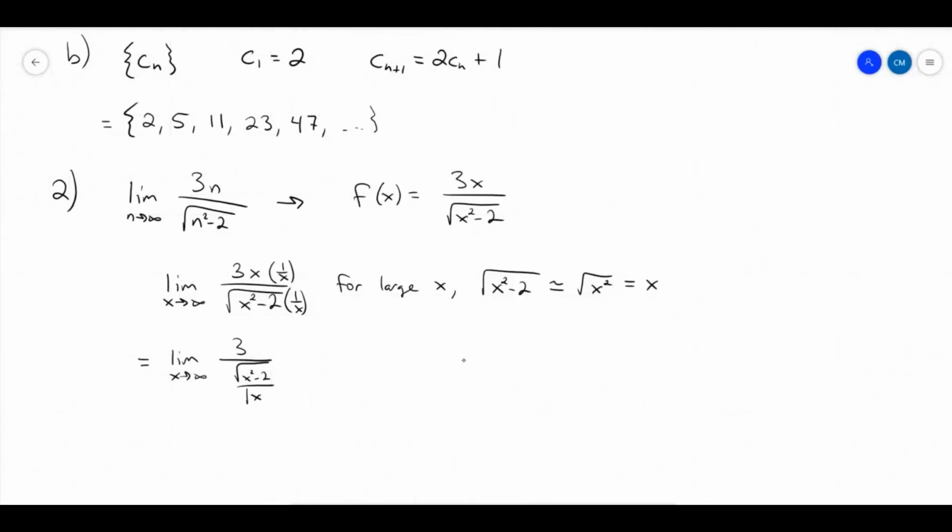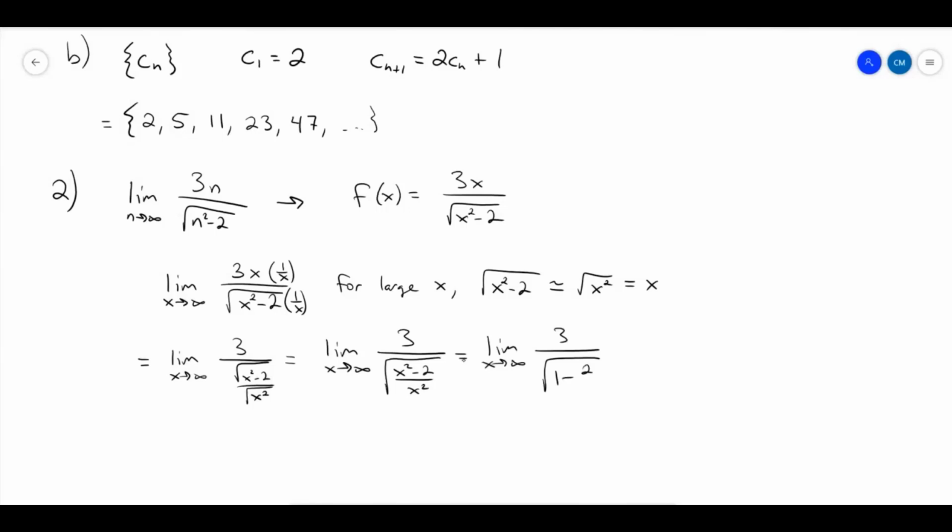And so we just say, well, x is equal to the square root of x squared. Nobody would argue with that. And then when you have a root over a root, you can put them under the same root. So you get x squared minus 2 over x squared. Then you can split that thing up. If you split it up, you get x squared over x squared, which is just 1, and then minus 2